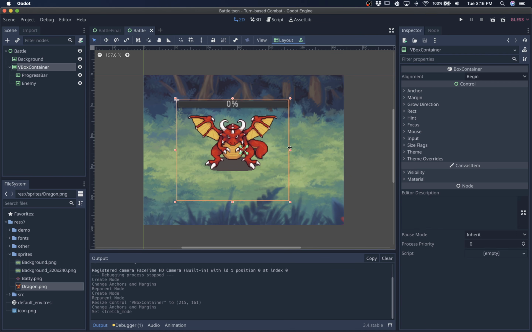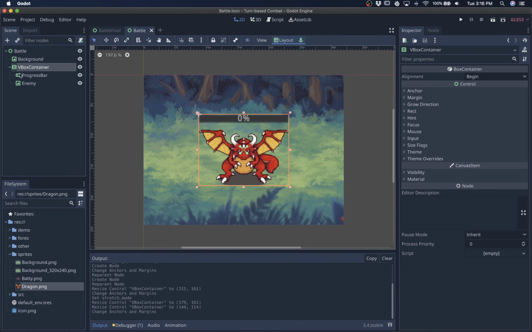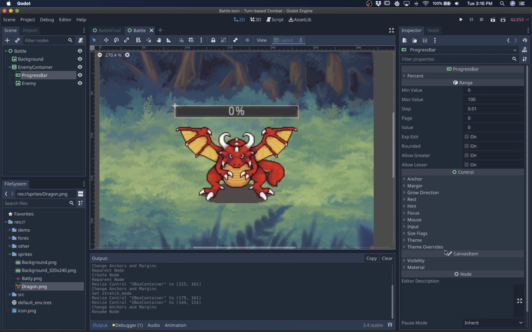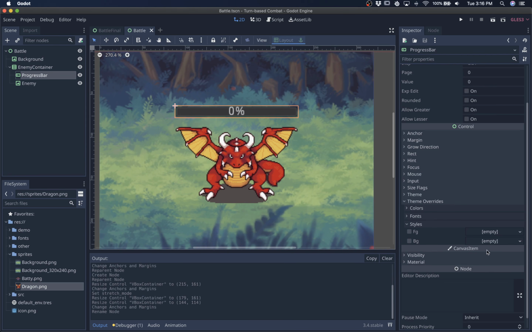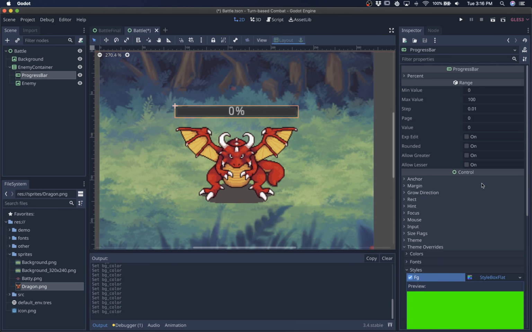I guess that is a fine width for now. I'll just make this as small as possible and center it. Okay, I'm going to call this enemy container, and then I'm going to style this progress bar. Come to theme overrides, style. For the foreground, I'm going to give it a green color, and in order to see this, I'm going to give it a value of, let's say, 50,